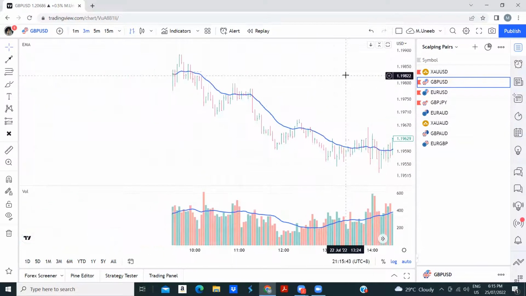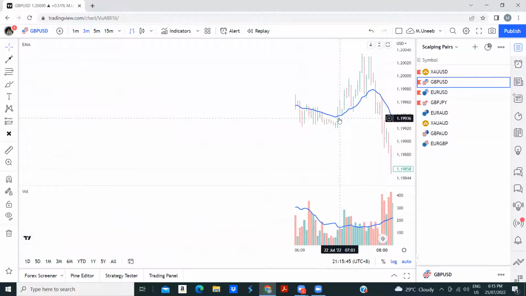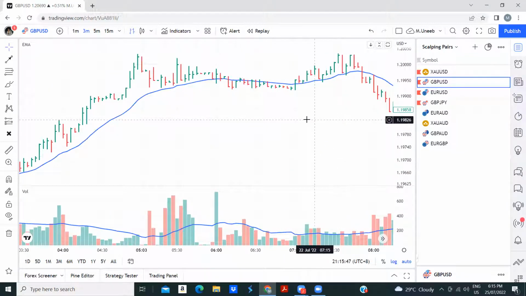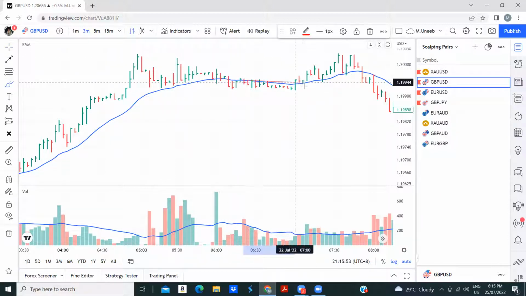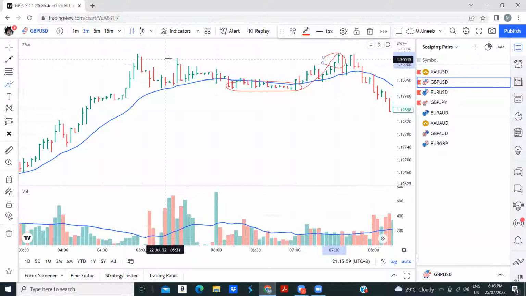Let me show one more example. Exact same case here. What the price is doing? The price started testing it, coming down, reaccumulation, because we did not reach any kind of oversold here, and then price went up. Now at this time here, the price tested this region and then went down. Happened or not, right? It's the last high.